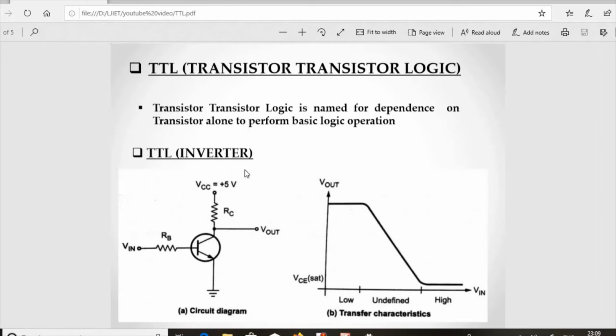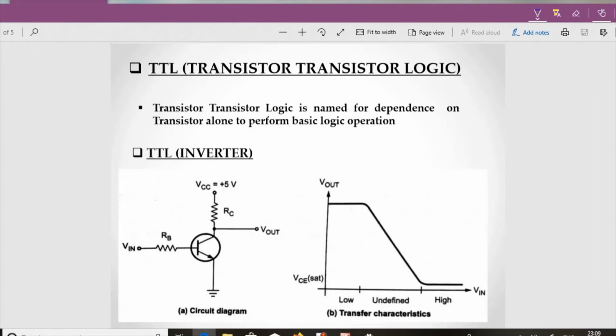Now, when we are taking a TTL as an inverter, we are taking only one transistor. So when we are taking this transistor, this is its base, this is its emitter, and this is its collector. Now, a few things before we start the TTL inverter, we should know regarding the transistor. That is, when we give the required input to the base, this transistor conducts,